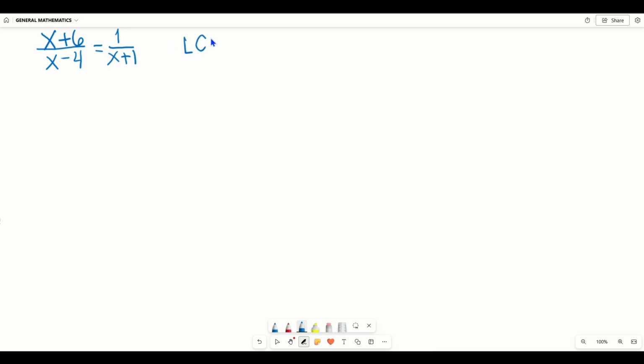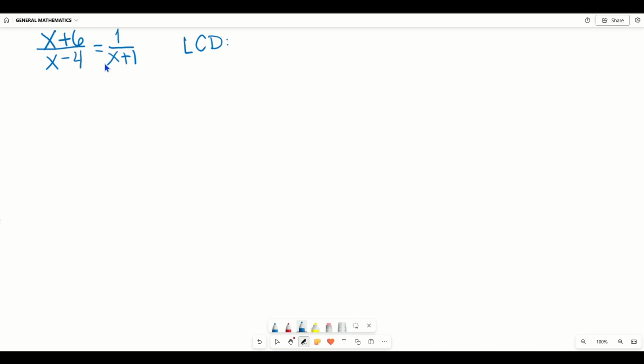For the LCD, a technique that you can do is to inspect each term of the rational equation, identify the denominator or the factors of the denominator, and list down all the unique